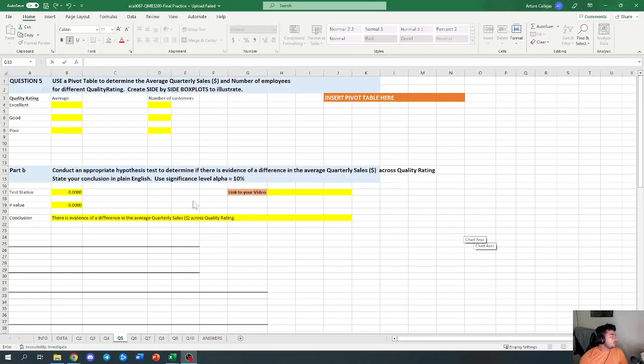So guys, we're here in question 5. It says use a pivot table to determine the average quarterly sales and number of employees for different quality rating. It says create side-by-side problems to illustrate. So first,